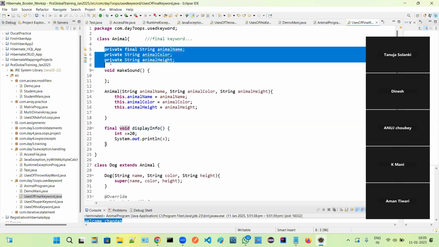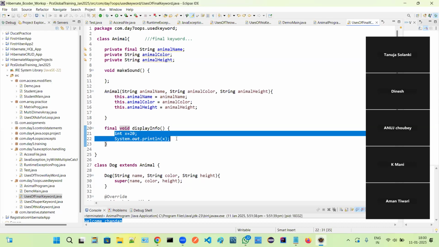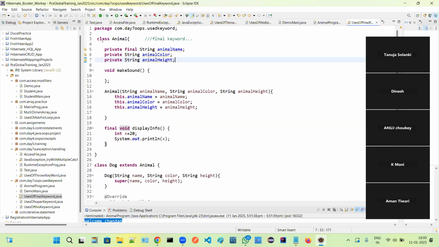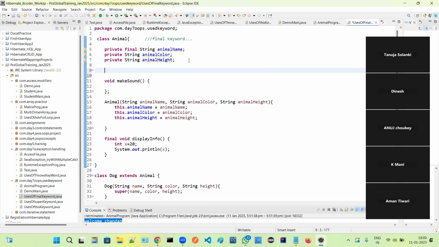Class variable is called as what? Instance variable. Method variable is called as what? Method or block variable is called as what? Local variable. Local to this block only. Instance means what? Complete. This is what? Instance variable. And talking about which one? Static variable. So static, you will use that static keyword with a variable, static int